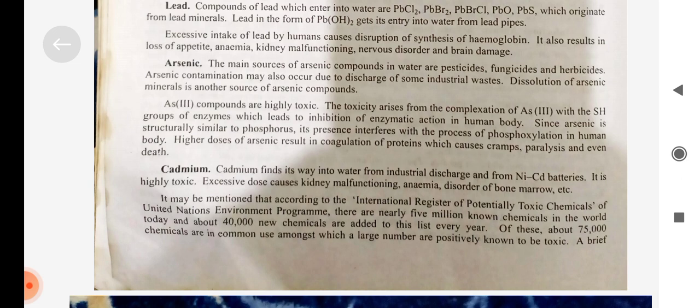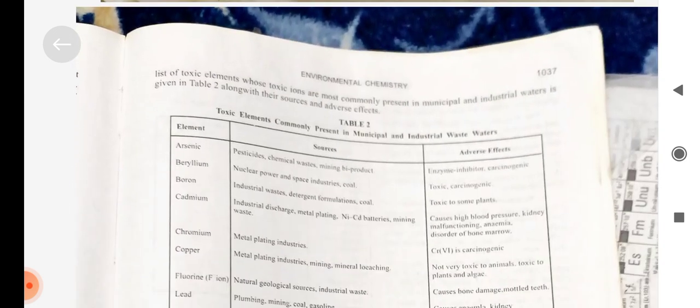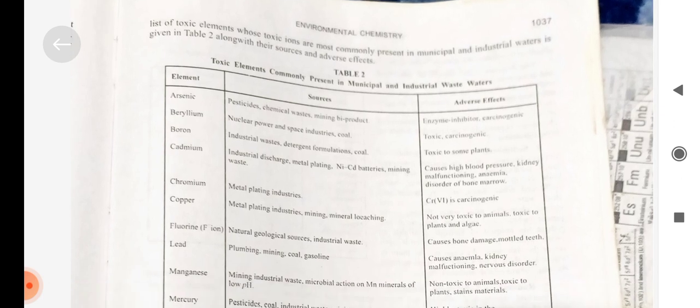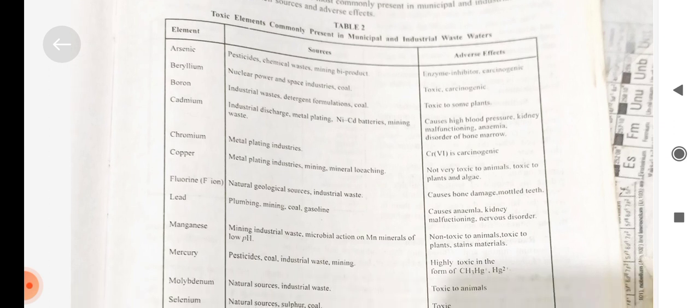It may be mentioned that according to the International Register of Potentially Toxic Chemicals of the United Nations Environment Program, there are nearly 5 million known chemicals in the world today and about 40,000 new chemicals are added to this list every year. Of these, about 75,000 chemicals are in common use, amongst which a large number are positively known to be toxic. A brief list of toxic elements whose toxic ions are most commonly present in municipal and industrial water is given below. Like arsenic,